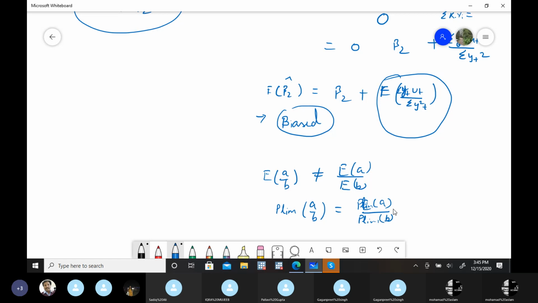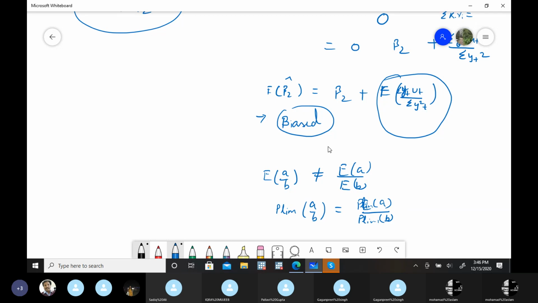This function we have to use in this equation to see whether, with the increase in sample size, this term will go to 0 or not. If it goes to 0, or the impact of this term gets reduced, then we can say at least with the increase in the sample size, results are consistent. They are biased, that we have proved.